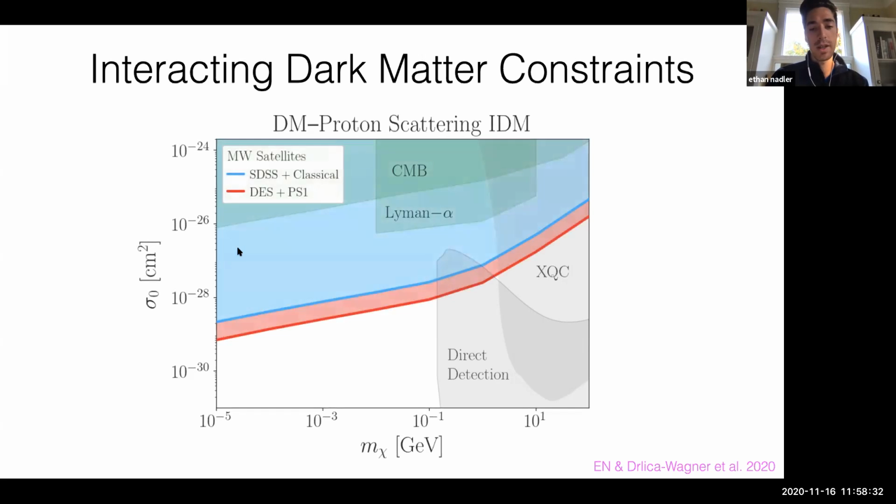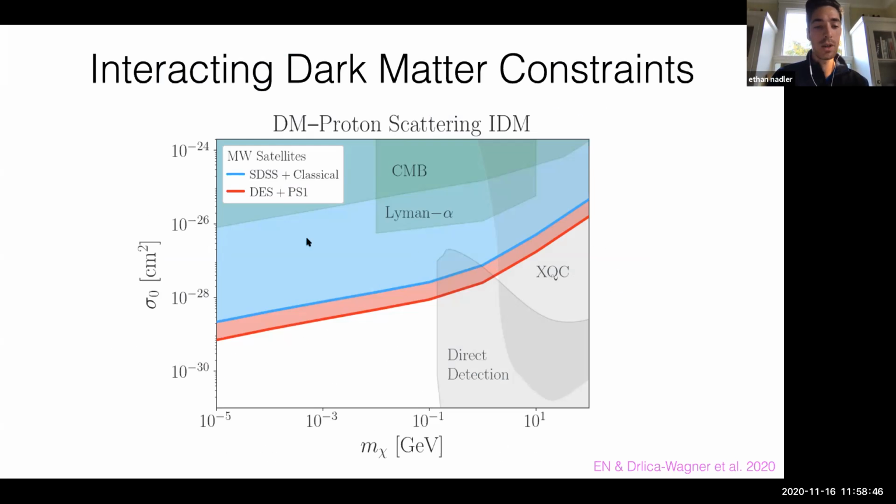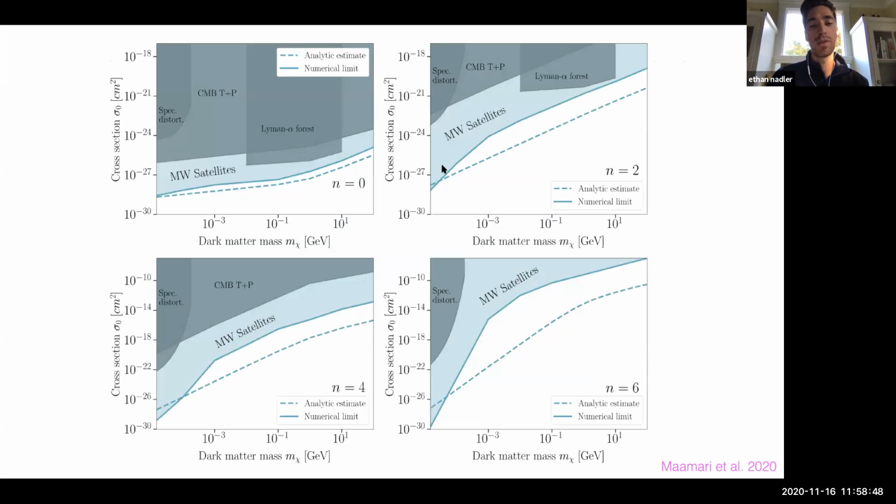Then the Milky Way satellite analysis improves by several orders of magnitude on these previous constraints, which can be understood in terms of the co-moving scales being probed by these small halos. And just very briefly, I'll mention that what I showed you here was velocity independent scattering, but if you generalize this to more general velocity dependent scattering models, this improvement of like 3 orders of magnitude in the velocity independent case improves more in the cases where scattering is enhanced in the early universe, which is nice.